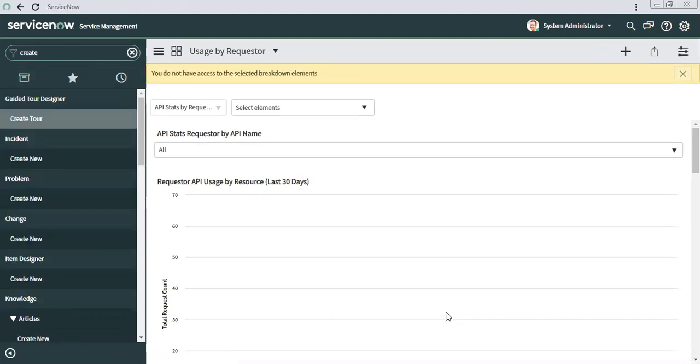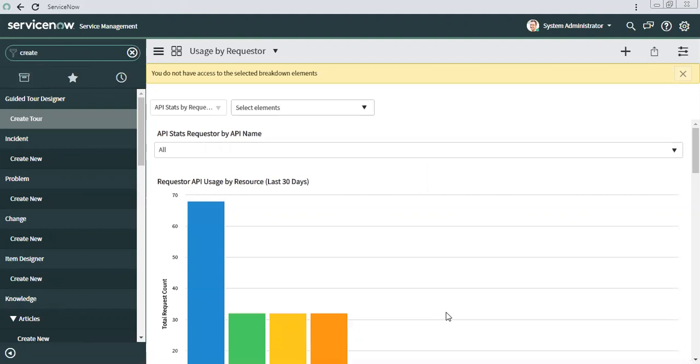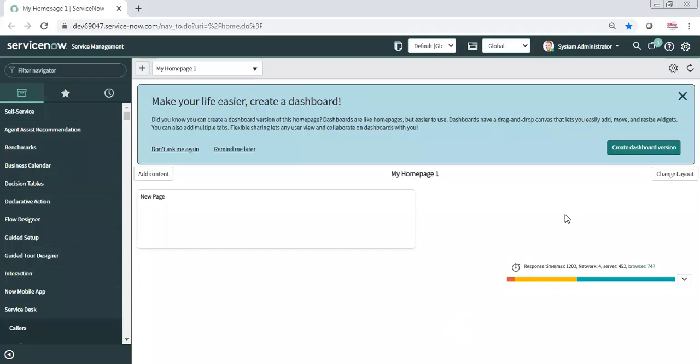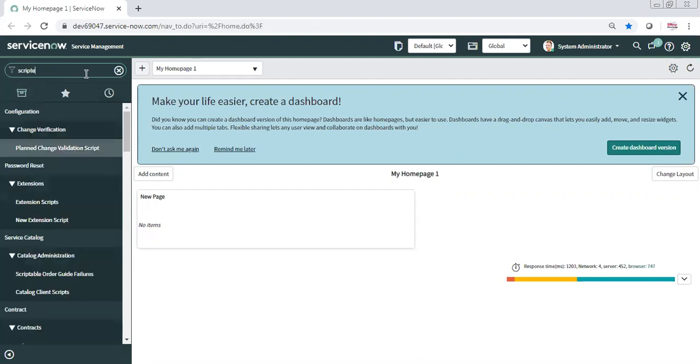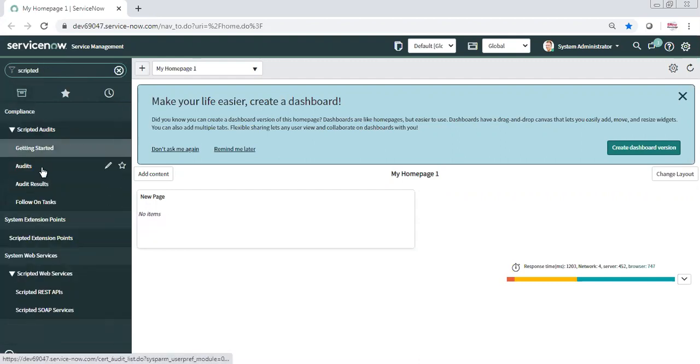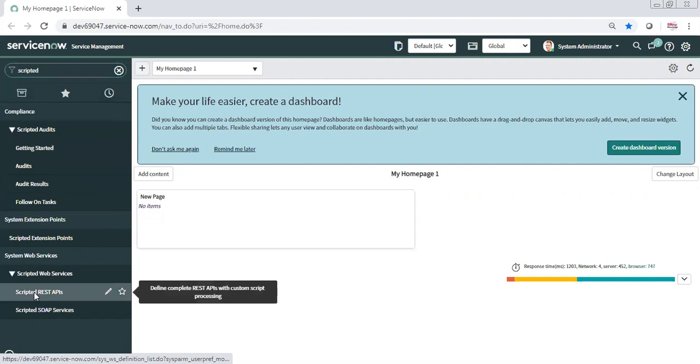Give me a moment. So our example here, I will type scripted REST API.